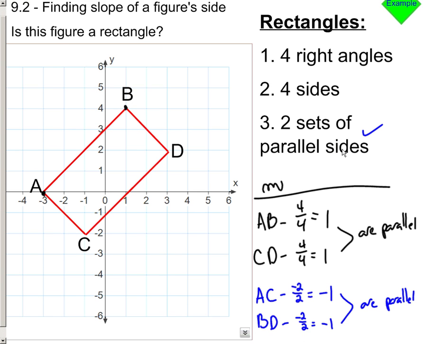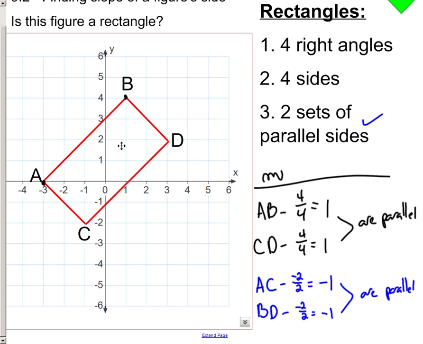The next thing that we need to check is, does this form a right angle right here? Well, AC has a slope of negative 1, and AB has a slope of positive 1. They are the opposite reciprocal of each other. So yes, this gives me a right angle, and if we check all the other sides, just using the slopes that we have, we'd find out that we have 4 right angles, we have 2 sets of